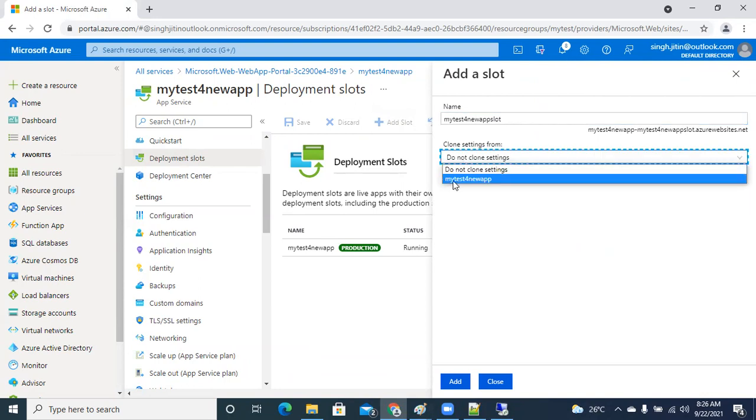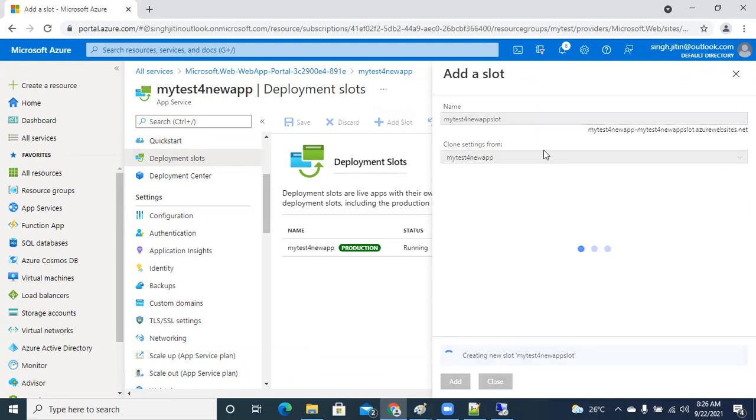And whether you would like to clone any of the settings from the previous one, or if you'd like to have your own new one, that is up to you, guys. I'm just going to clone this particular setting. And once this is available, the swap option, which was grayed out earlier, will be available and you will be able to do the swapping as well over here.